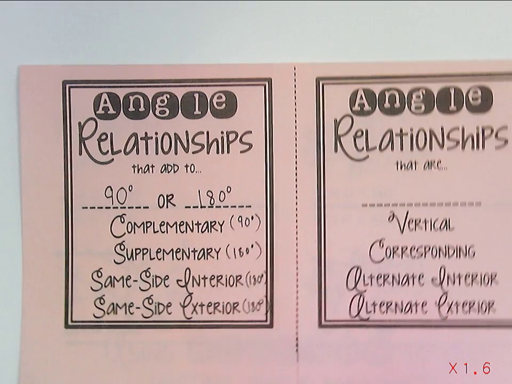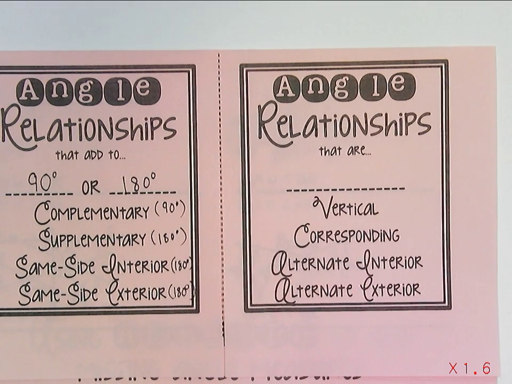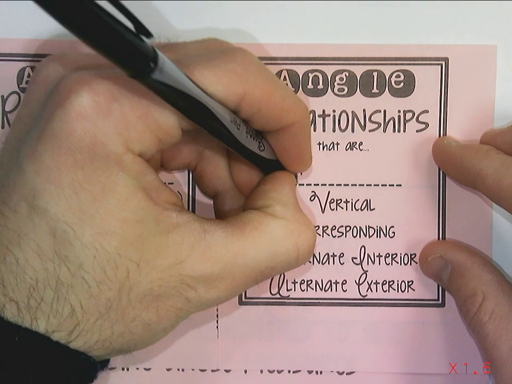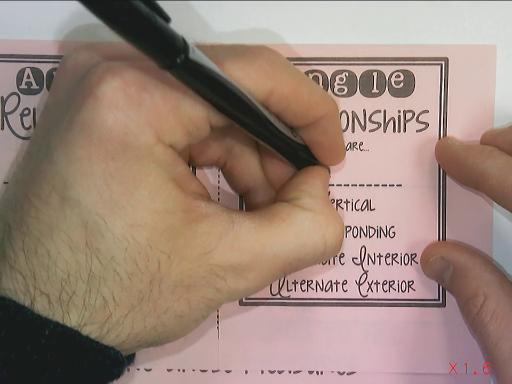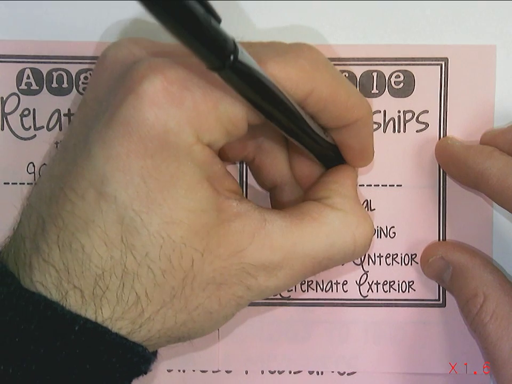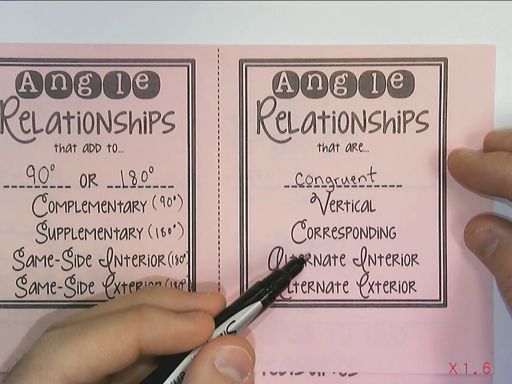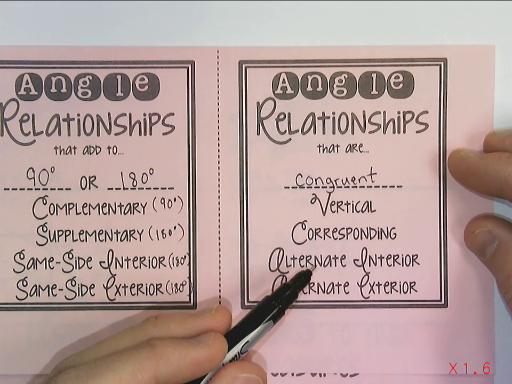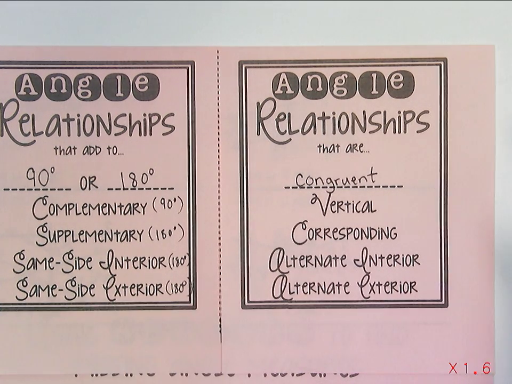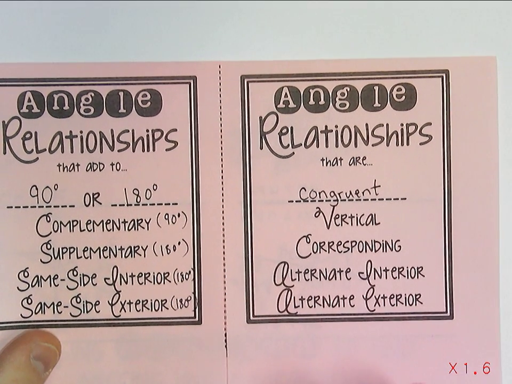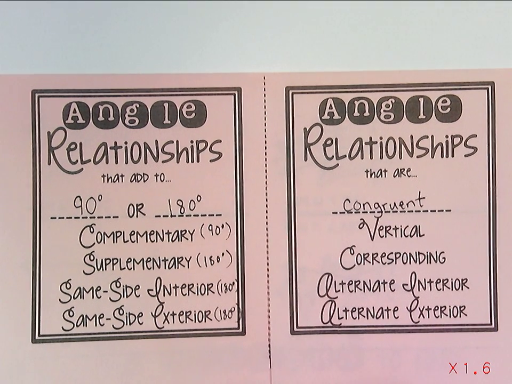We have four other relationships that are a little bit different, and angle relationships that are congruent or equal to one another are vertical angles, corresponding angles, alternate interior angles, and alternate exterior angles. And like I said, we're going to use algebra to find measures of the different angles for these different types